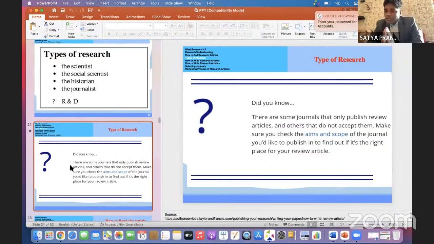So these are the things. Some of us do not know about that. Review articles are published in specific review journals, which only publish review papers. But what we are moving towards is that we can submit a paper, either implemented or review, in any journal, any idea, any thought.